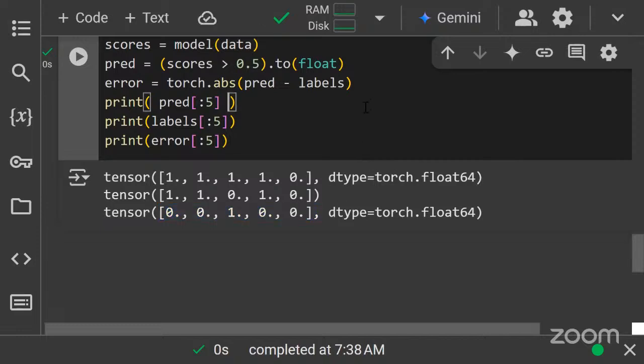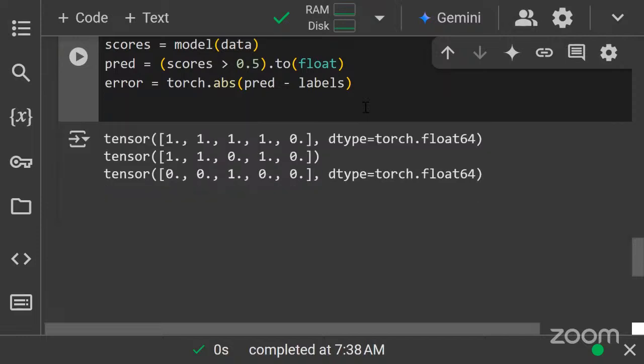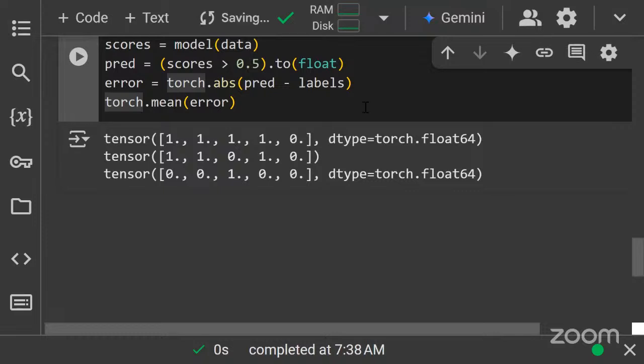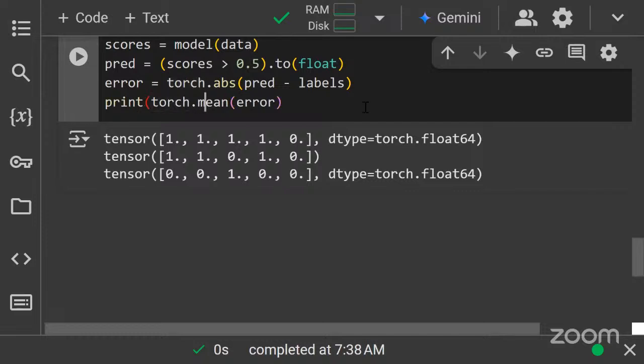Of course, right now we're just visualizing the first 5 elements, but if you run statistics on the error, for example, torch dot mean is a function to compute the average of a tensor's elements, and I can do something like this. This is going to give me a mean absolute error, which is in this case the same as the error percentage, right? So for the entire